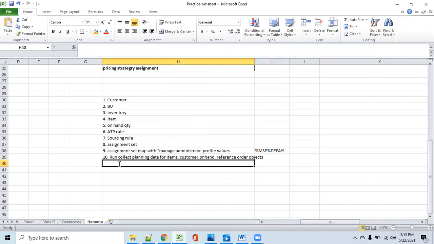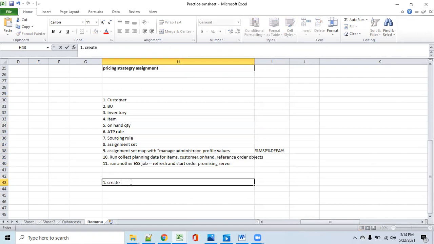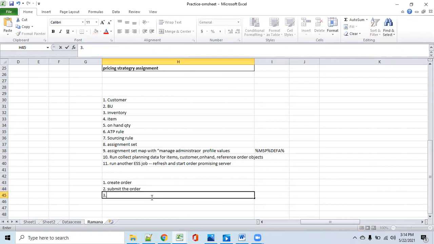After that, again, we need to run another program, another ESS job, refresh and start order promising server. Okay, so once you have done all these things, then you create an order, submit the order. You have to know the difference already. What is create, what is submit. Then go to fulfillment section,